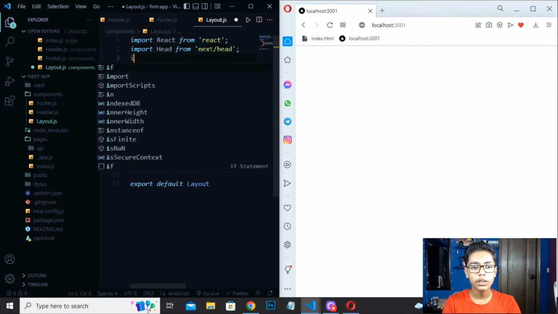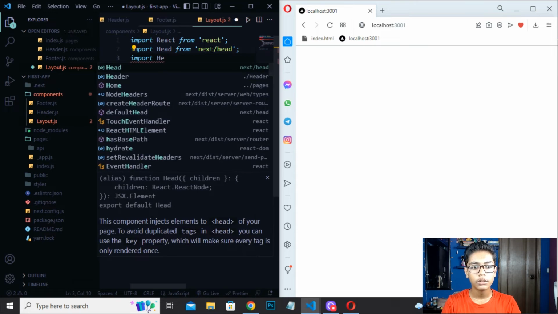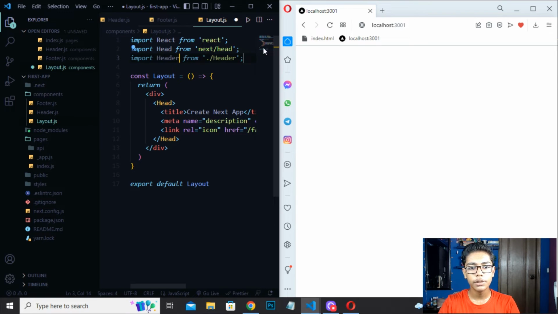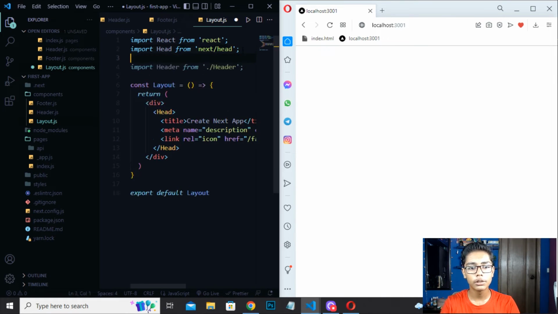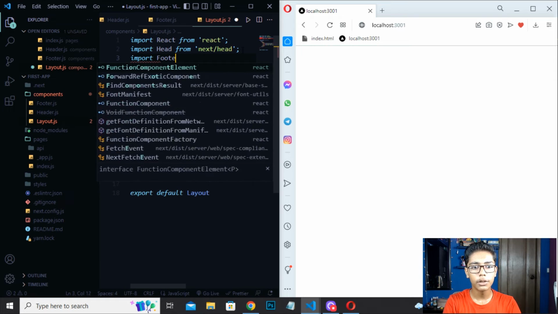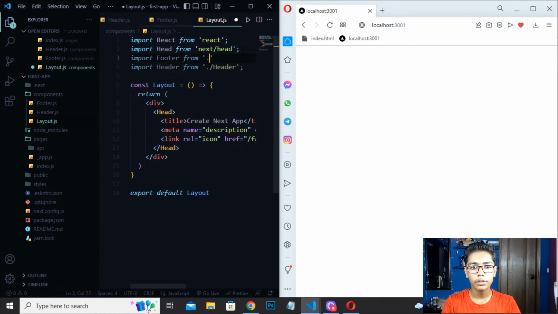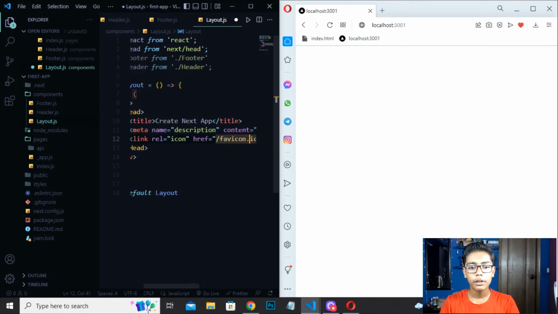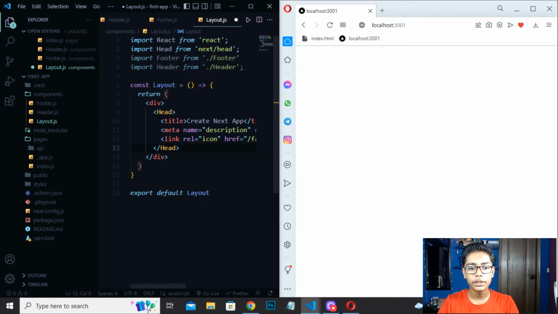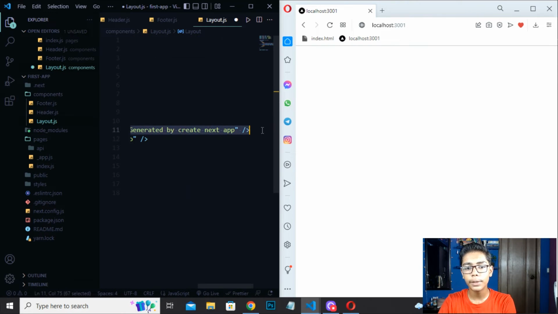You can see, close this, and now you have to import header. So now you can see this is our header which we have imported. Now we have to import footer also with that. So I will be importing footer. Then you have to write footer dot, and then this is our file name, footer. Here I will be moving down. I will be erasing this meta tag which is written here because now I don't need this meta tag here.